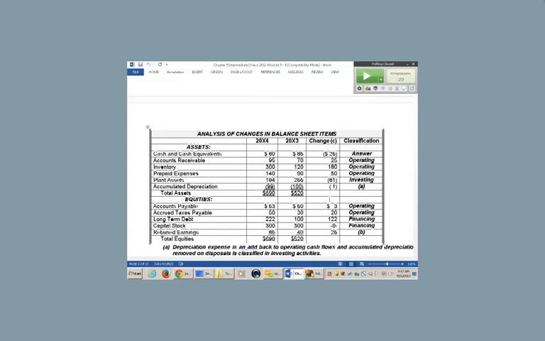The problem here is that when you look at investing activities, and incidentally depreciation, I have a footnote, because depreciation coming out of accumulated is an add back in the operating activity section of the indirect cash flow approach. And also, you have to worry about the amount of accumulated depreciation you removed on a sale of the plant assets. So, again, it's kind of a hybrid. But when you look at investing activities, you have to do an account analysis. You have to use a T account.